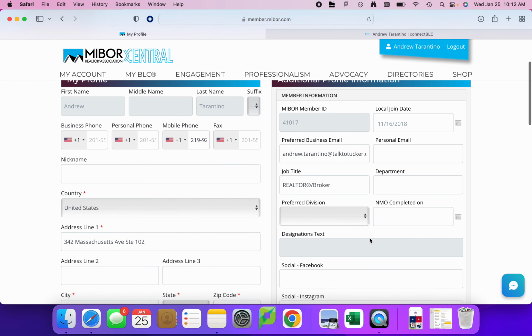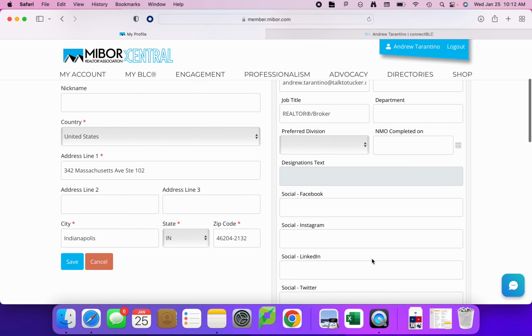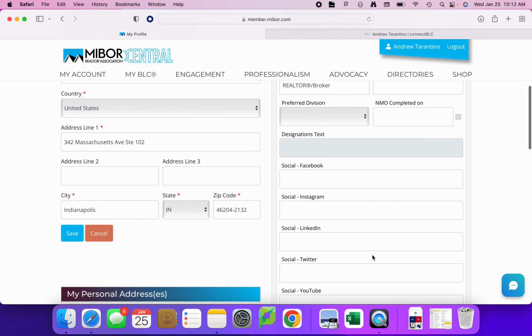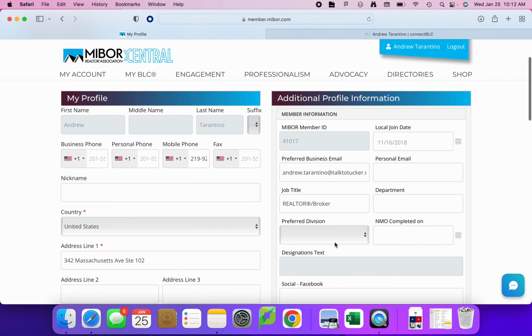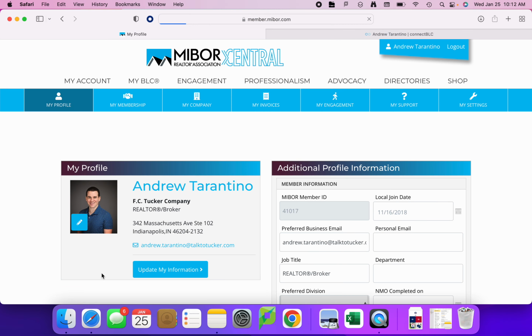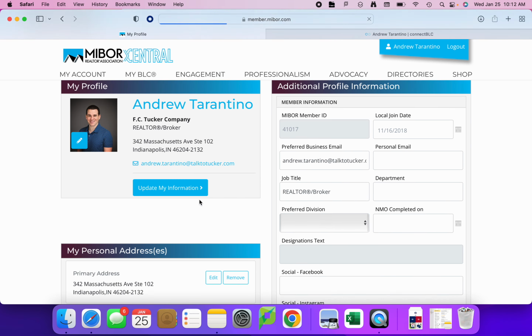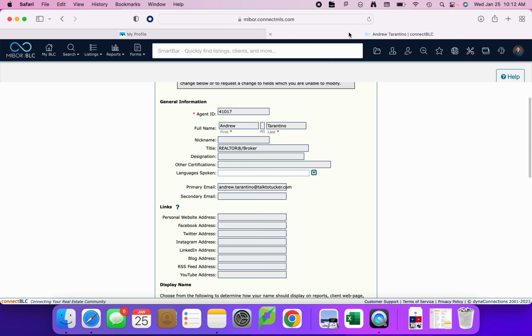If you call into MyBore, they also cannot add your website at this time. I have made numerous calls in. I've also spoken with a couple people in person. They are working on how to add that field back. But as of right now, you cannot add your website to this profile page. Now, the reason you're updating your profile information inside of MyBore Central is because if you go back to ConnectBLC,